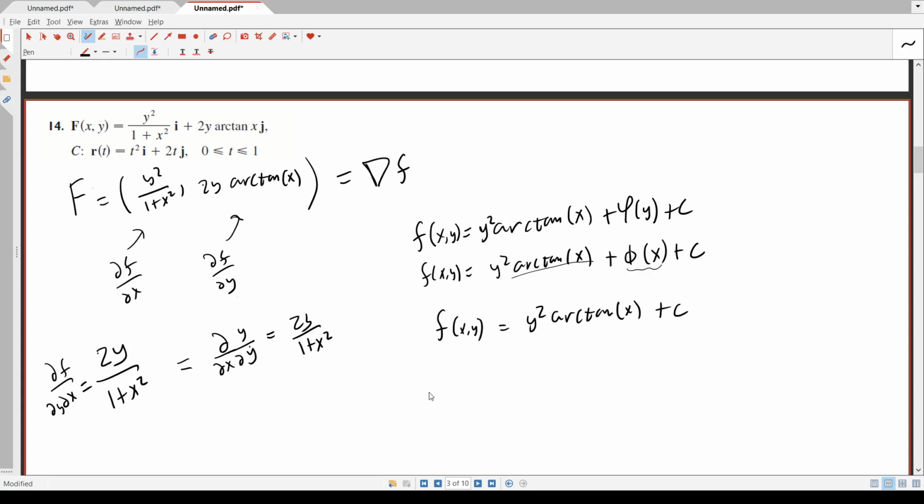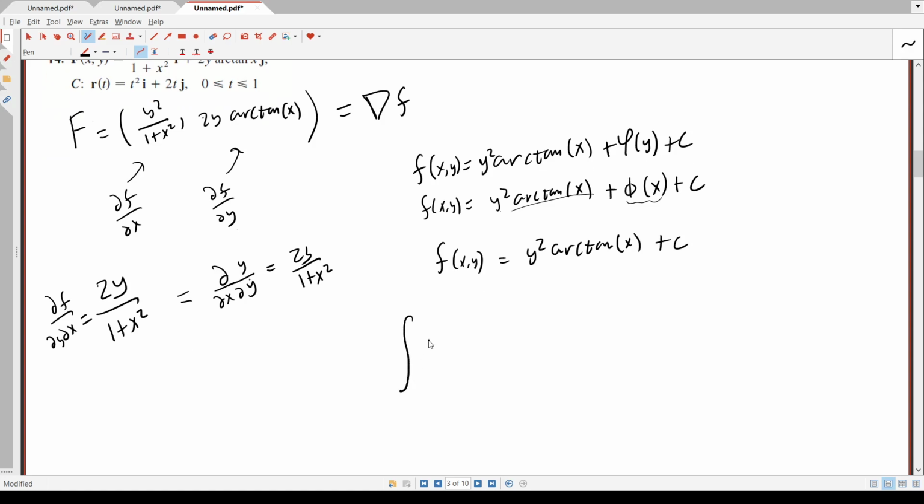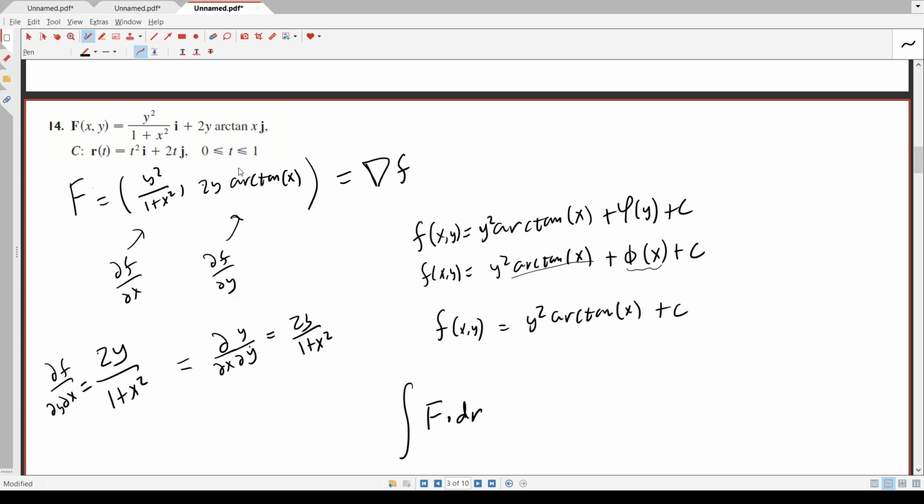Okay, so this tells me that the integral of f dot dr, it gives me the parameterization. Okay, so it's not terribly hard. I'll just go from t equals 0 to t equals 1. This is equal to,